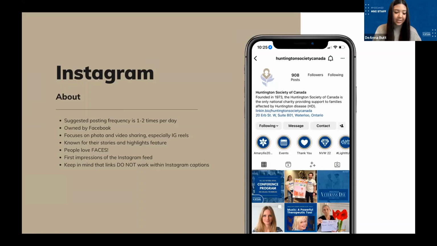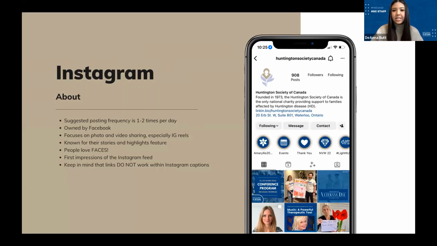The stories feature is the next one of my favorite things on Instagram, and it's a popular tool to share event highlights where you can post multiple images or short videos with text and fun graphics. If you go to our Instagram right now, you'll actually see lots of fun conference stories on our Instagram from the weekend. So these stay on your stories for about 24 hours.